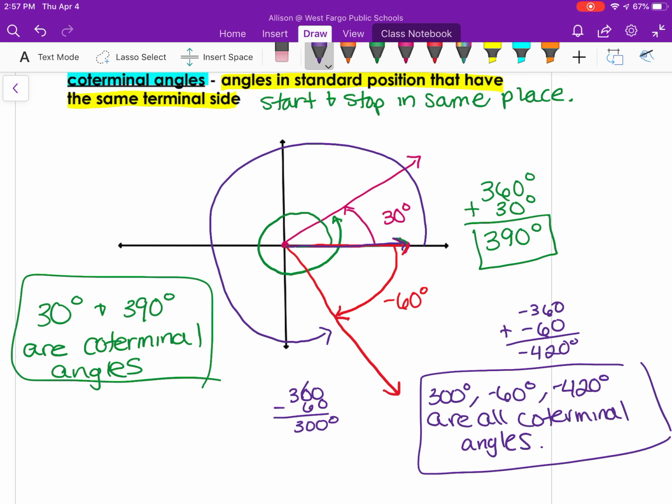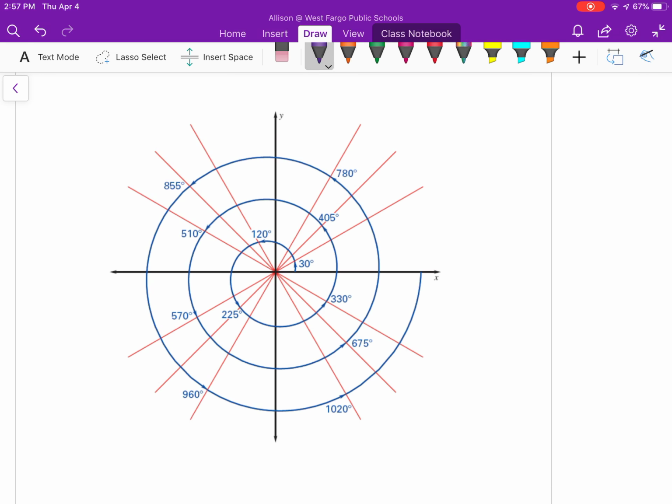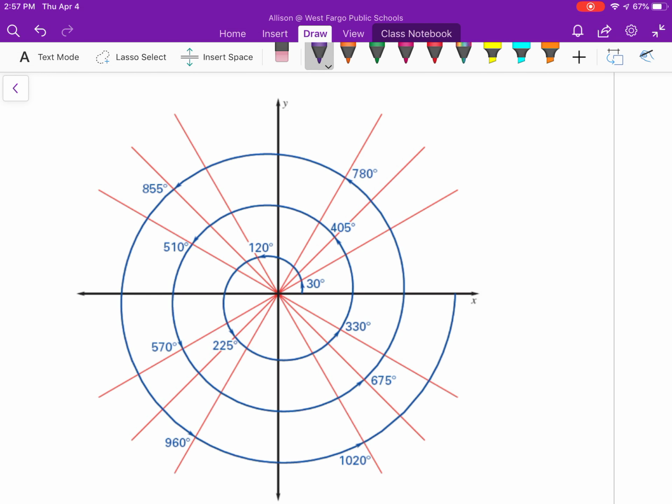Those are just a few examples. This picture can be a little intimidating right away, but it just gives you an idea that there are infinitely many coterminal angles. These sides go up by 15 here. It starts with 30 degrees here. This is 45 degrees. We got 60 degrees. This is my 90-degree quadrant angle. This one here is 120 degrees. And I have 135,